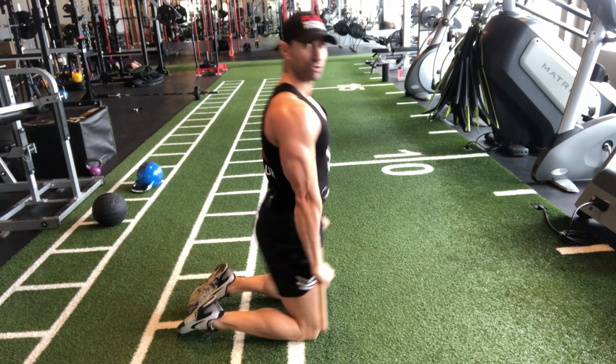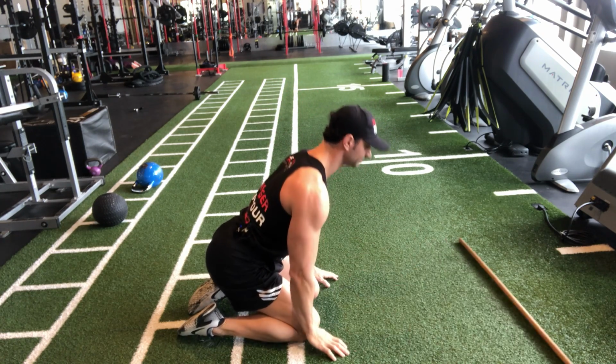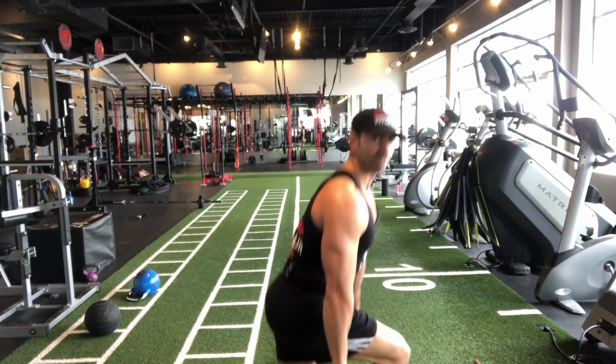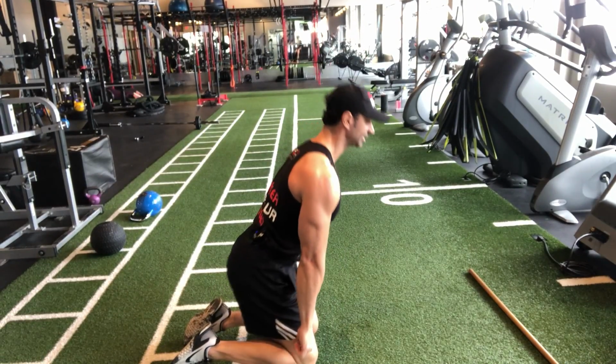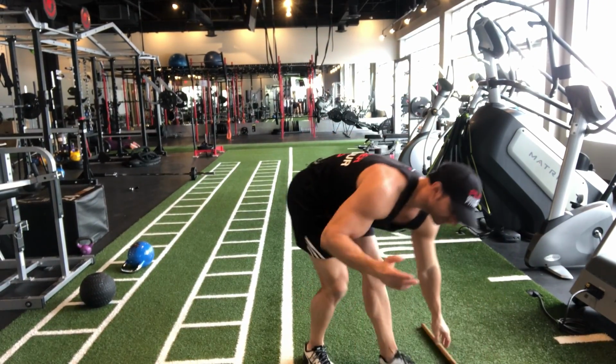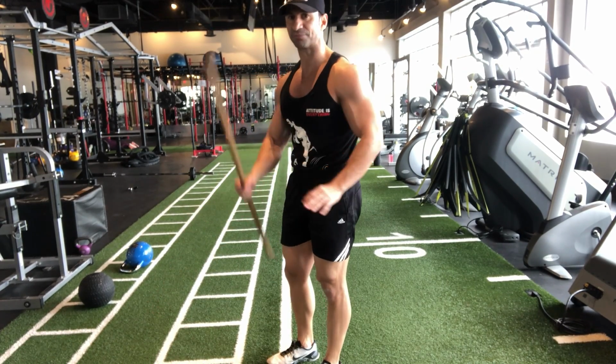Now, once you have this motion down packed, the next step would be to take a step forward and then thrust your pelvis forward. You come back down, you take a step forward, thrust, okay? Now, if you feel that you've managed to do those exercises and you got the movement, your last step is